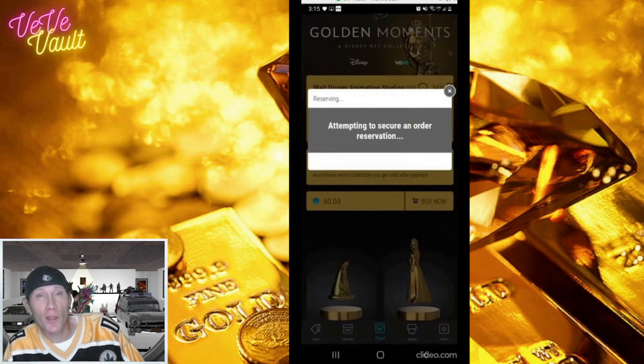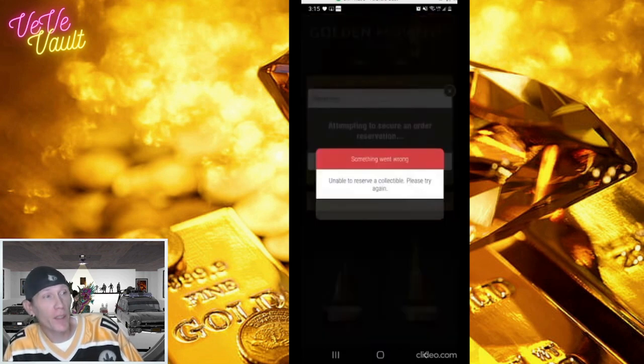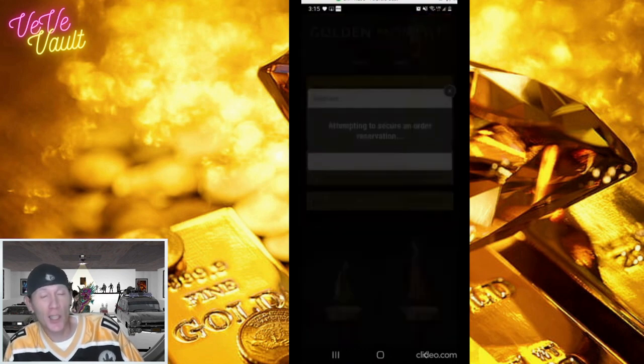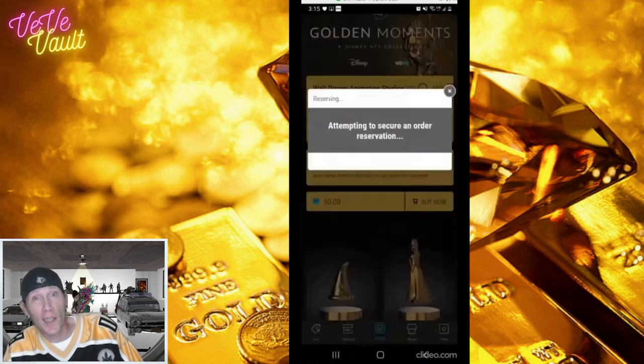So looking back at the Simpsons drop and the Elsa drop, you can tell that they were having server problems for the first 15 minutes, and then around 15 minutes the attempting to reserve button changed a little bit. It didn't take 30 seconds to reload every time. You were able to start clicking it a lot faster,